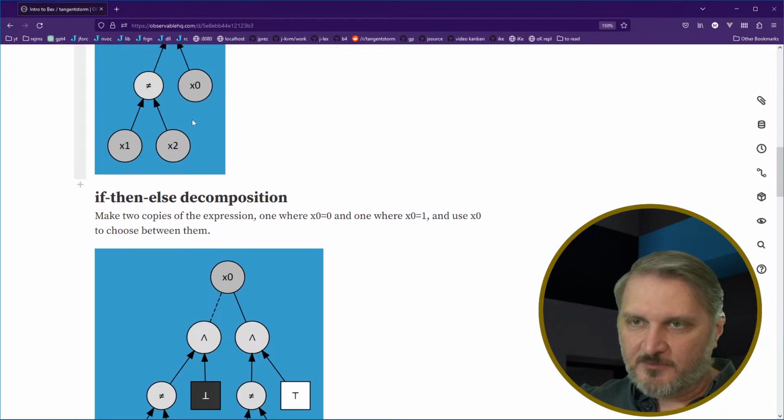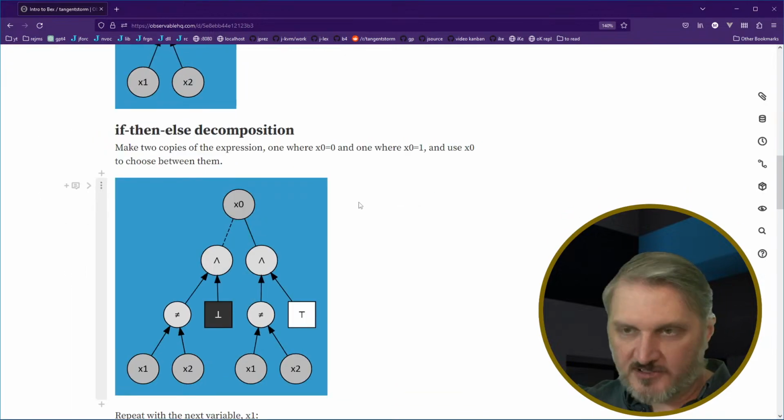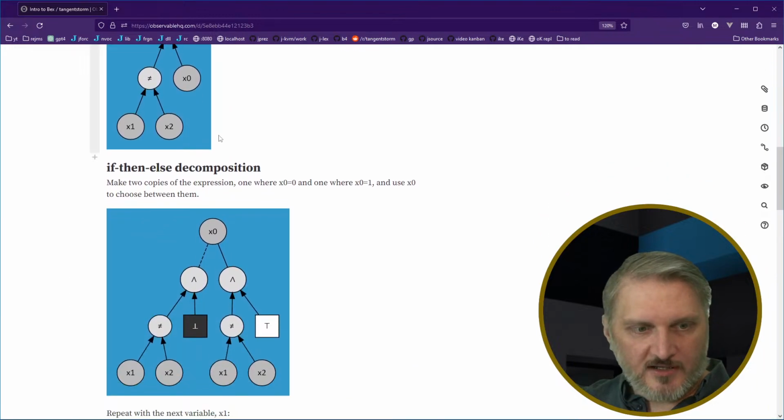But you can also see that basically we've made a copy of this structure. If I shrink it down a little bit, you can see that we've made a